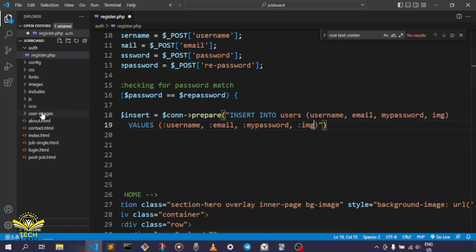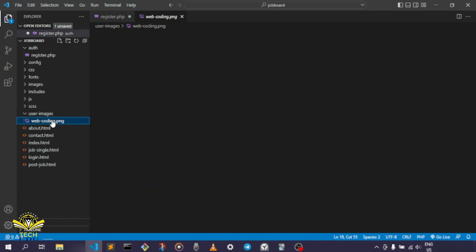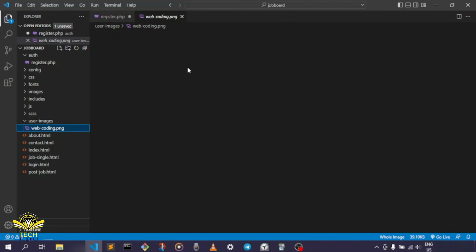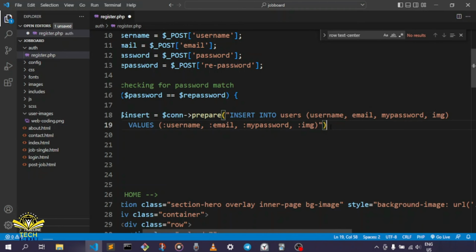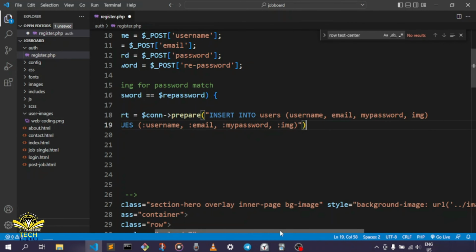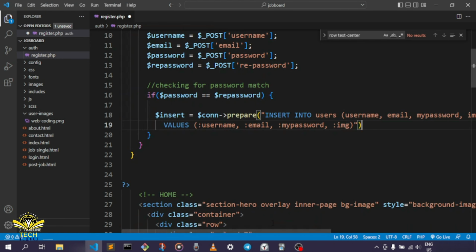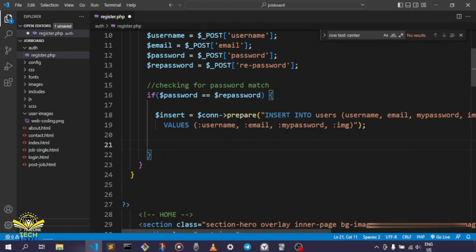And if you look up over here, I've created this folder, and I put this image right over here inside it, and this image is going to be the default image for our own user. And of course you can use any image that you want. I'm going to use this. All right, so I'm guessing now we can close this, and we can go ahead,